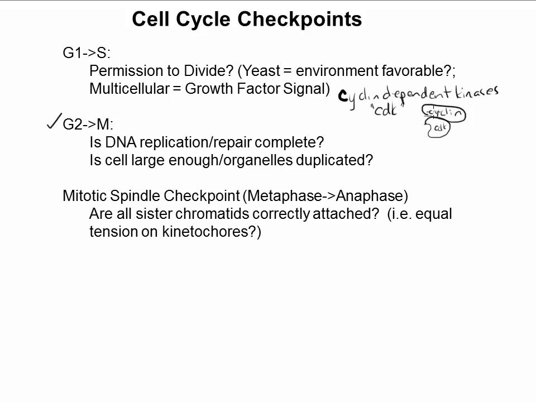And for both mechanisms, what we see is that the presence or absence of cyclin protein alone is not sufficient to activate or inactivate the CDK enzyme. In fact, there are two mechanisms of regulating CDK activity. The first is presence of cyclin, and the second is making sure that a correct phosphorylation pattern has been established on the cyclin-dependent kinase enzyme itself. So, two modes of regulation.